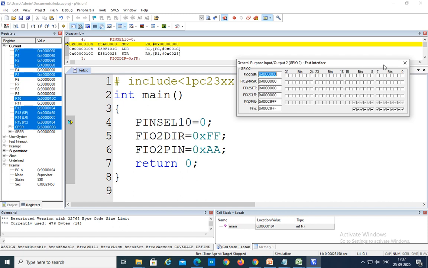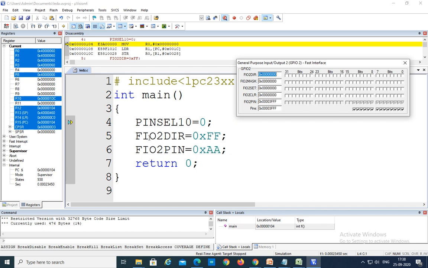We are dealing with the LEDs only, and the LEDs are connected to pins 0 to 7 of port 2. That's why we always concentrate on 0 to 7. So here 0xFF indicates 0x000000FF. The remaining bits are all zeros, and we don't bother about them because we are bothered only about the LEDs. You can write 0xFF or 0x000000FF, no problem.